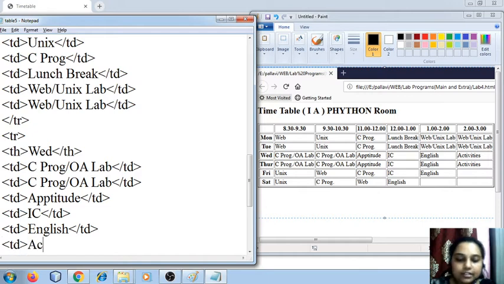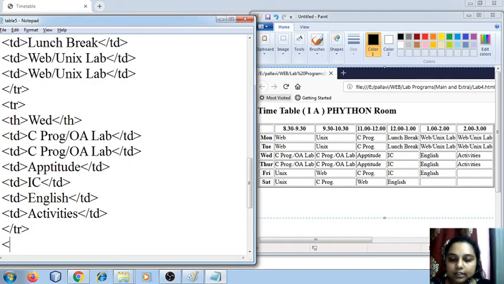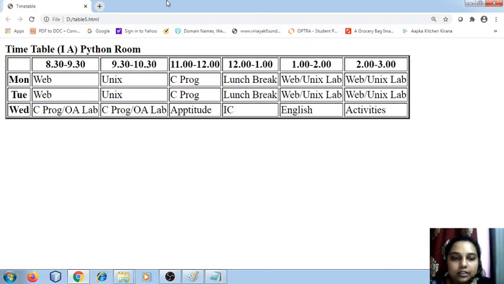Last cell we have is activity. All right, this is my last cell. Next I'm going to close the table row tag. The output, click on. So my new row is being created, the third row.